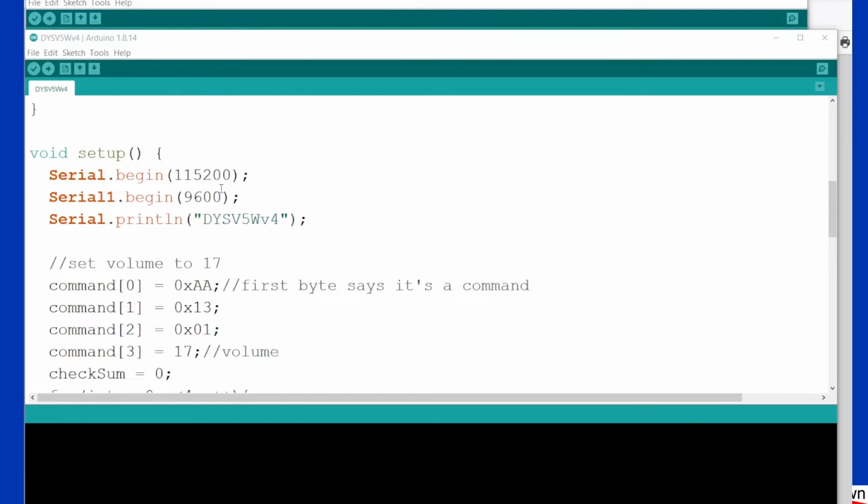So let's go into the setup. I've got the serial monitor running at quite a high baud rate. Serial 1, which is the serial that is communicating with the player board, needs to be set to 9600 because that's the speed that it accepts. And then all I've done is a quick serial print just to the serial monitor, just so that I can